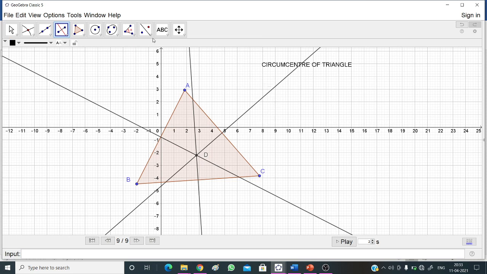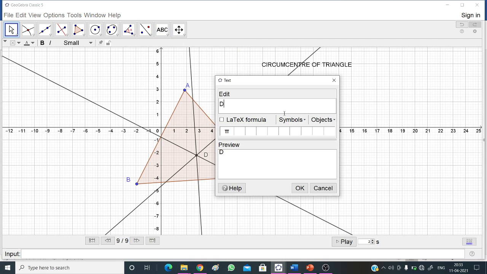D is called the circumcenter of the triangle.